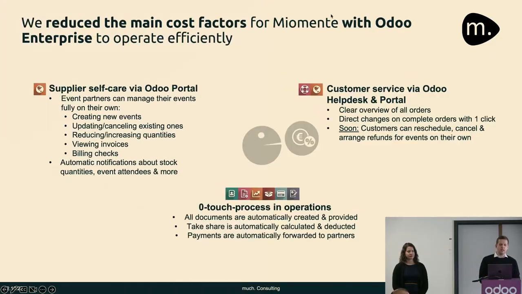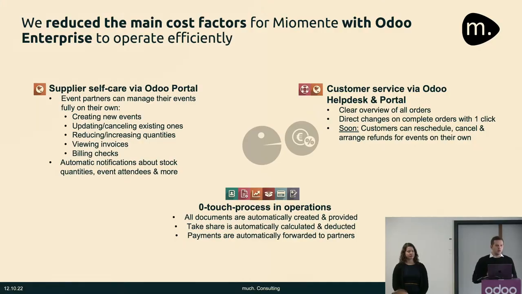So if we look a little bit more into the big topics, what we did here, specifically to handle our three challenges from the beginning that eat up our margin, the first thing we introduced is very extensive supplier self-service or self-care. So we used Odoo Portal and Odoo Website for our event organizers, so they can log in, they have their own account, they can manage how much stock is left, if there is a price change, if there is a special event that will happen soon, they can put in new dates, so they can update all of this stuff, and they also get all the information about the participants, so the attendants of our events, through Odoo